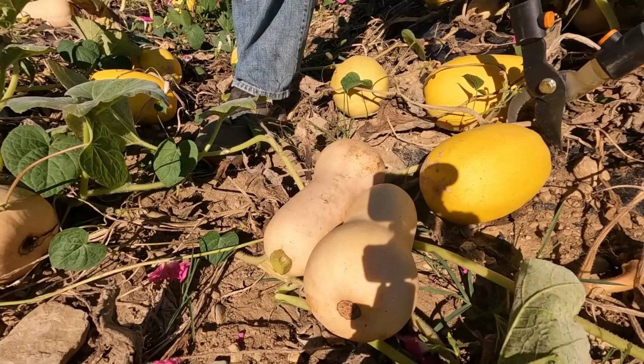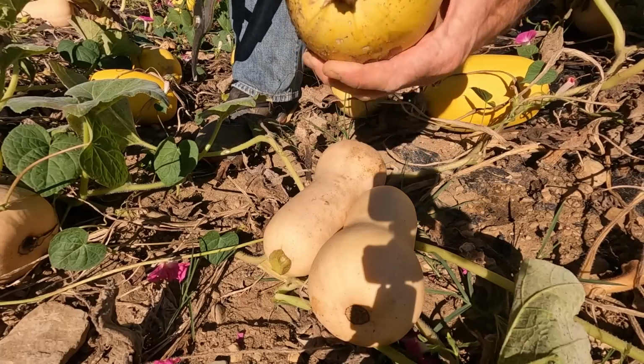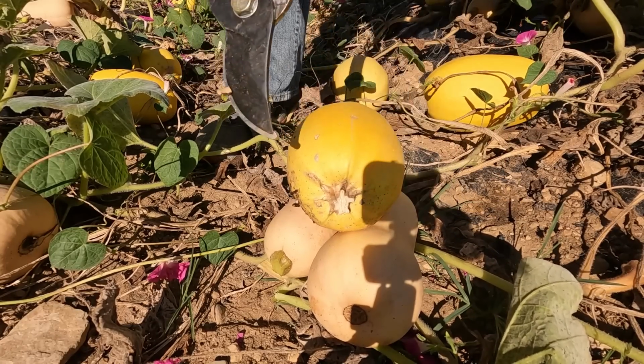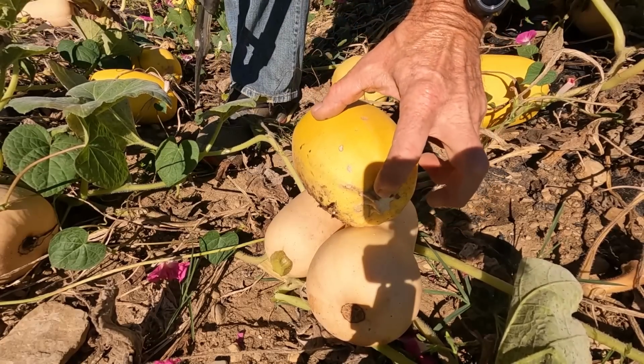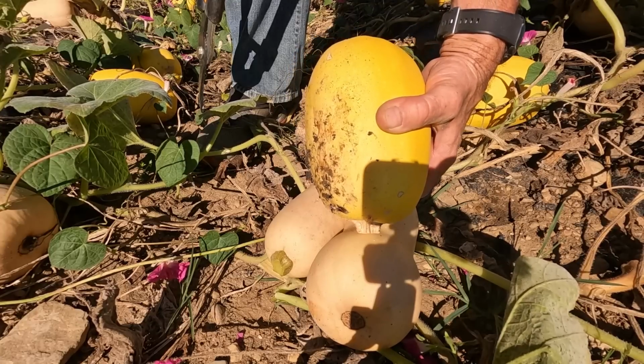Spaghetti squash the same way. Try to cut them no longer than that. And see how sharp that is? I would prefer to have it cut straight across. But man, those are hard, very sharp, and can easily damage the other squash